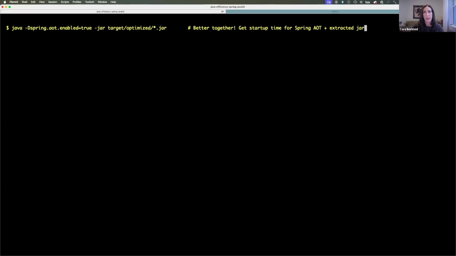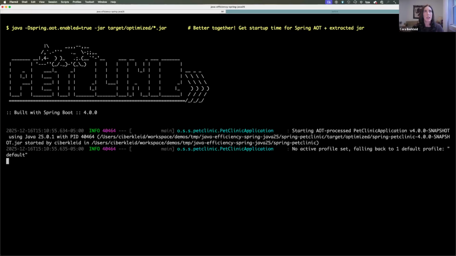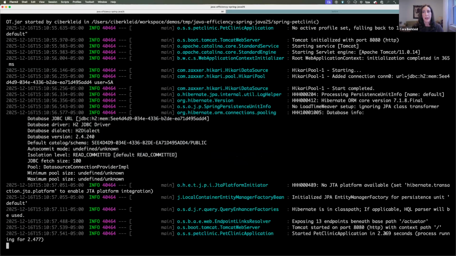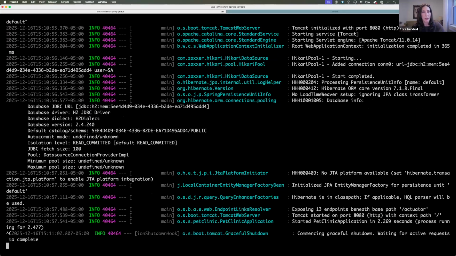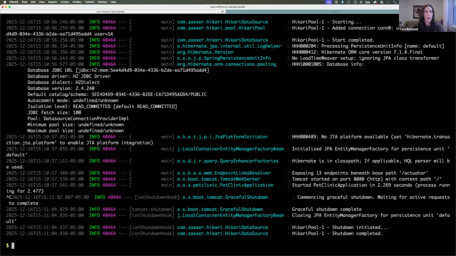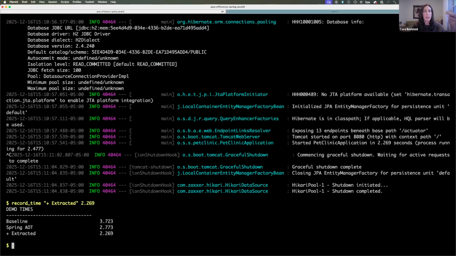So let's go ahead and enable the Spring AOT, because we know that those native directories are in the jar file, and use our extracted structure. And so these two together, they give us a 2.269 second startup time. So let's write this one down. Go ahead and record this. And so you can see kind of a steady improvement, right? Okay. That's for the build time optimizations in producing the artifacts that we are going to start at runtime